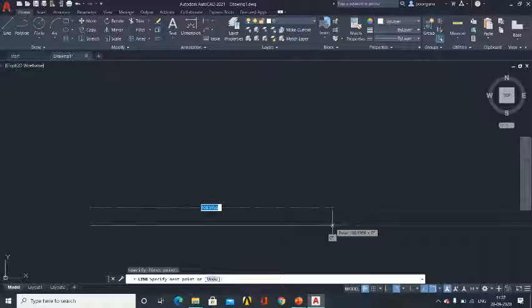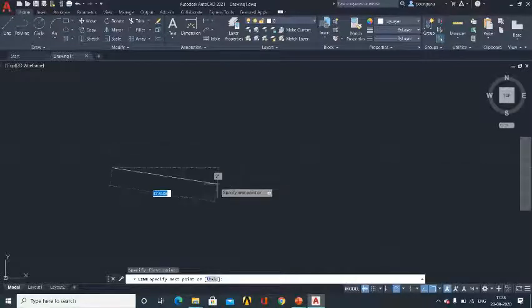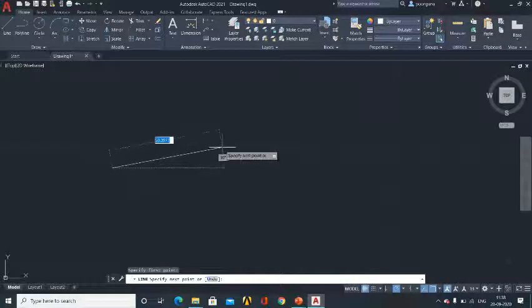First of all, you select the line. I will once again repeat the procedure of how to draw a line. You select the line from the toolbar. You can see it is asking to specify the first point. So you click here. This will be your first point. For the line, you need to know the length. You can see here the angle is already shown, here it is showing 17 degrees, and now it is showing 10 degrees.